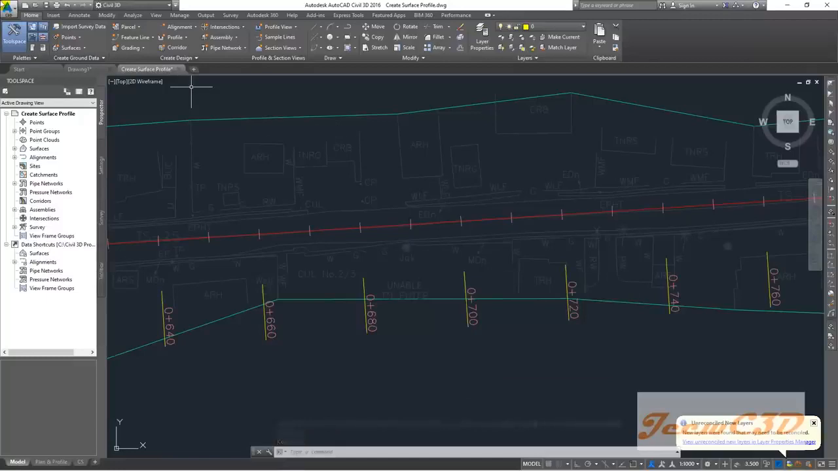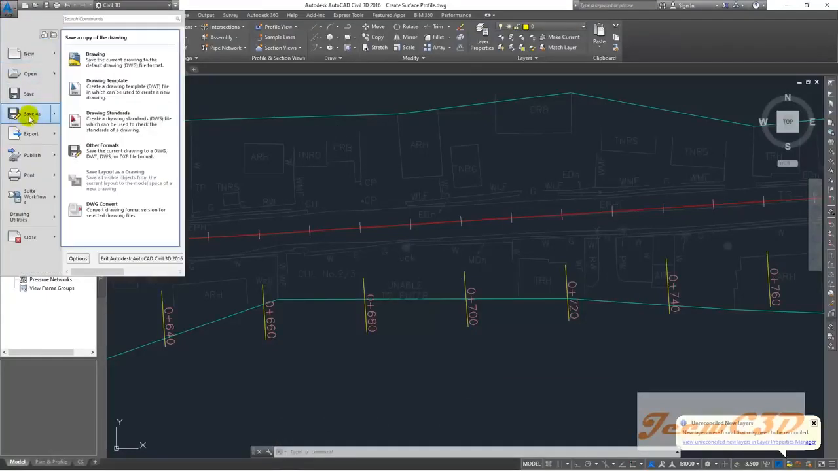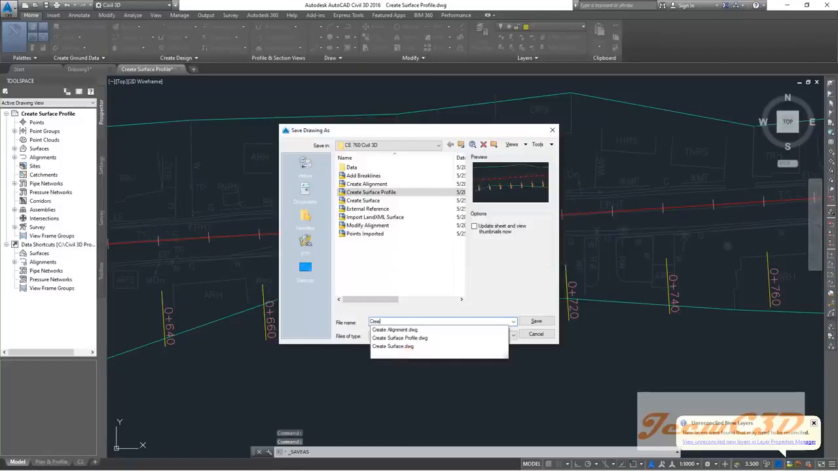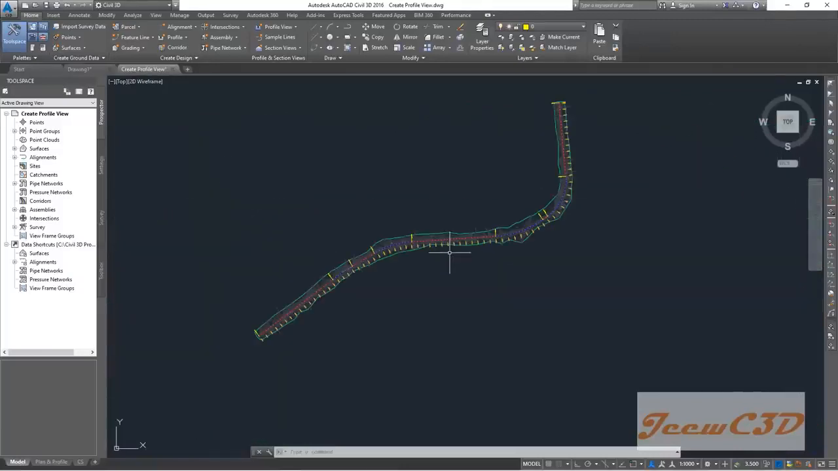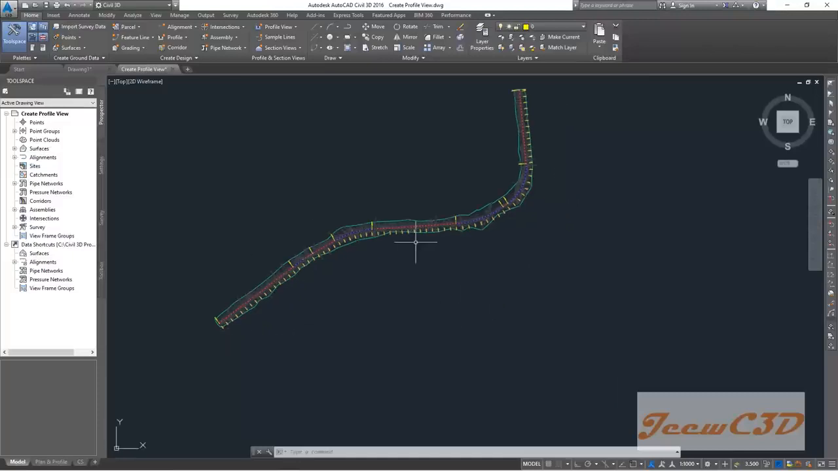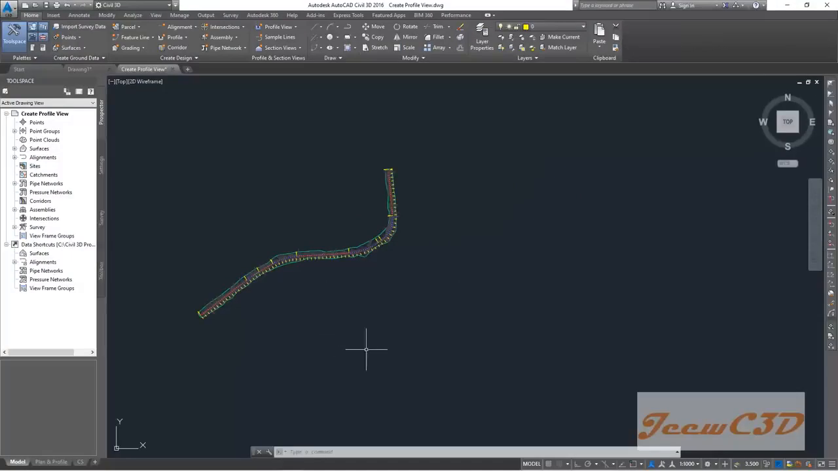So I will save this drawing as create profile view. Let's click save. Now what I am going to do is create a longitudinal section along this trace. That means I have a curved road here, but I will mark the road stations on a straight line like this, and I will mark the elevations and draw a profile. That is what is called